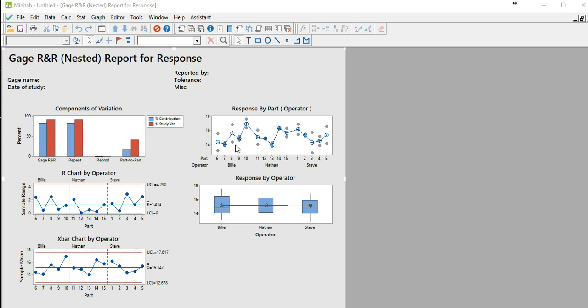But by design we cannot evaluate the reproducibility. Similarly, if you look at the response by operator, it seems that the means are close to each other, right? But there's some variance, a big variance, the same amount of variance, probably due to the measuring instrument. Finally, we have the R chart and the X bar chart. They seem to tell the same thing. Okay, so we close this,